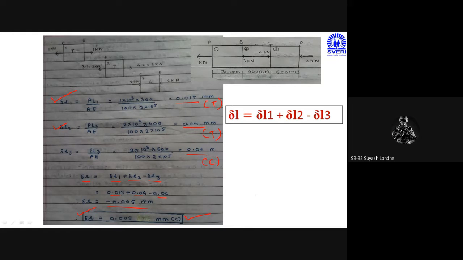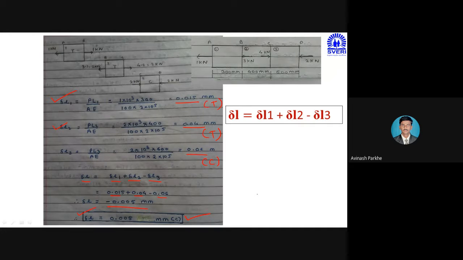Delta L1, yes. You have represented delta L1. The final answers are also in front of you. Please check: delta L1 is 0.015. If it is positive, immediately write down capital T in bracket. Delta L2 is also positive, immediately write down tension in bracket. Delta L3, according to the nature of the figure, is negative, therefore write down in bracket capital C. Don't write minus 0.06, because you will put the minus again in the formula below. It is not required to write. We only have to put the values in the final equation.